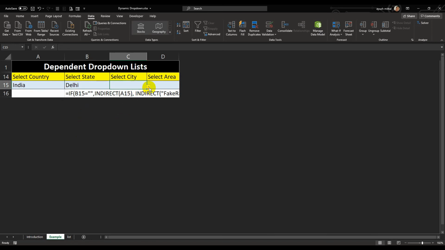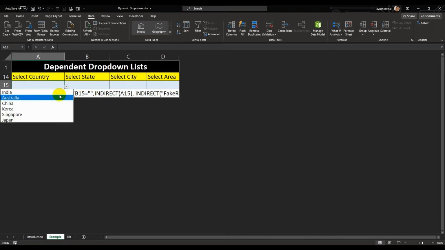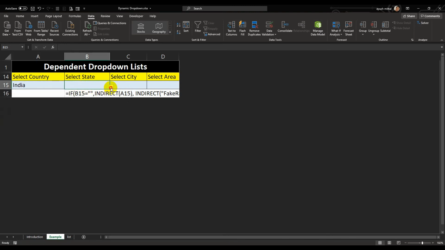Now we'll select the city, it's not coming, so we'll clear this cell. So again I'll clear this as a whole, say India, then we'll select Delhi, then we'll give the reference.